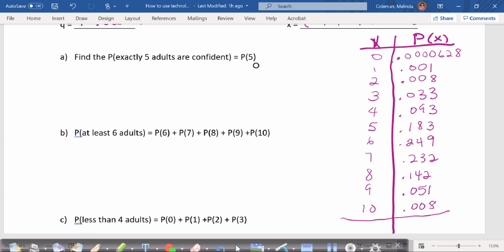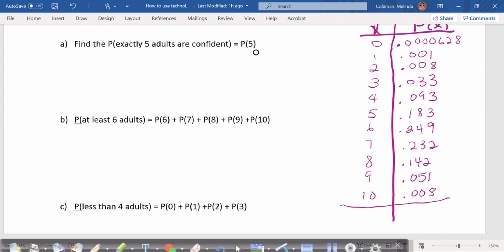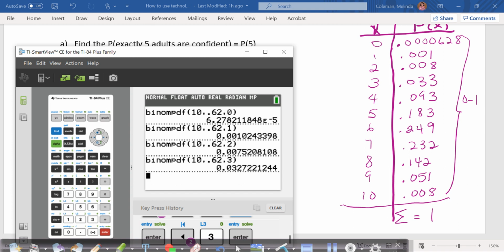So we'll stop right there because it's always a good idea to check and make sure that the sum equals 1 and that all of these probabilities are between 0 and 1 because it's a probability distribution. And indeed, yes, all of my P of X values are between 0 and 1. If I add these up, go back to your calculator and add them up,